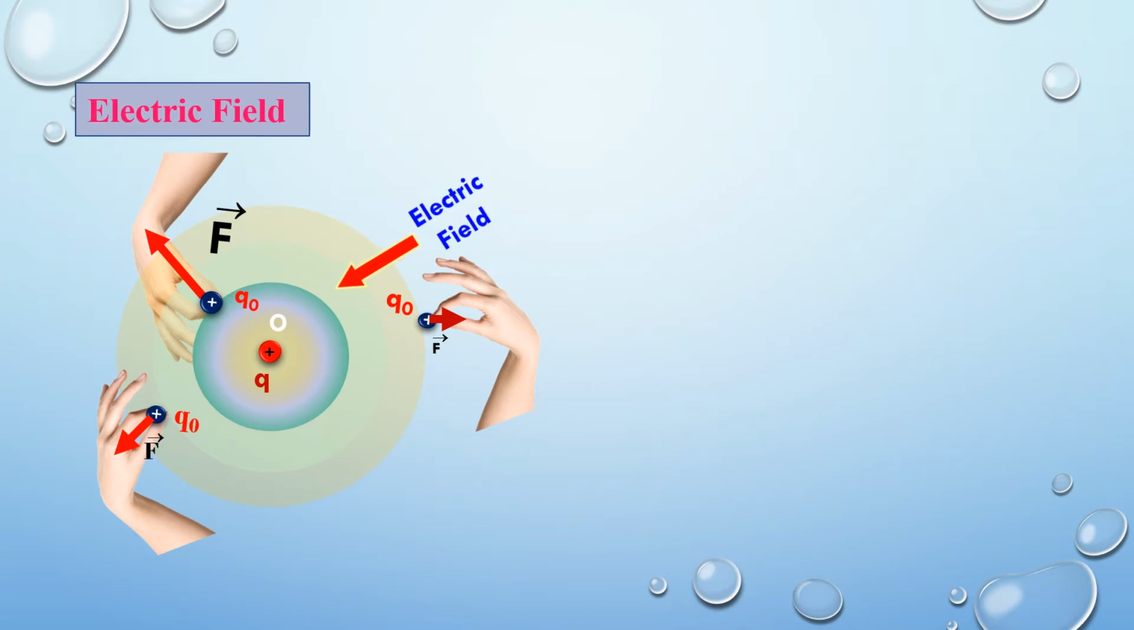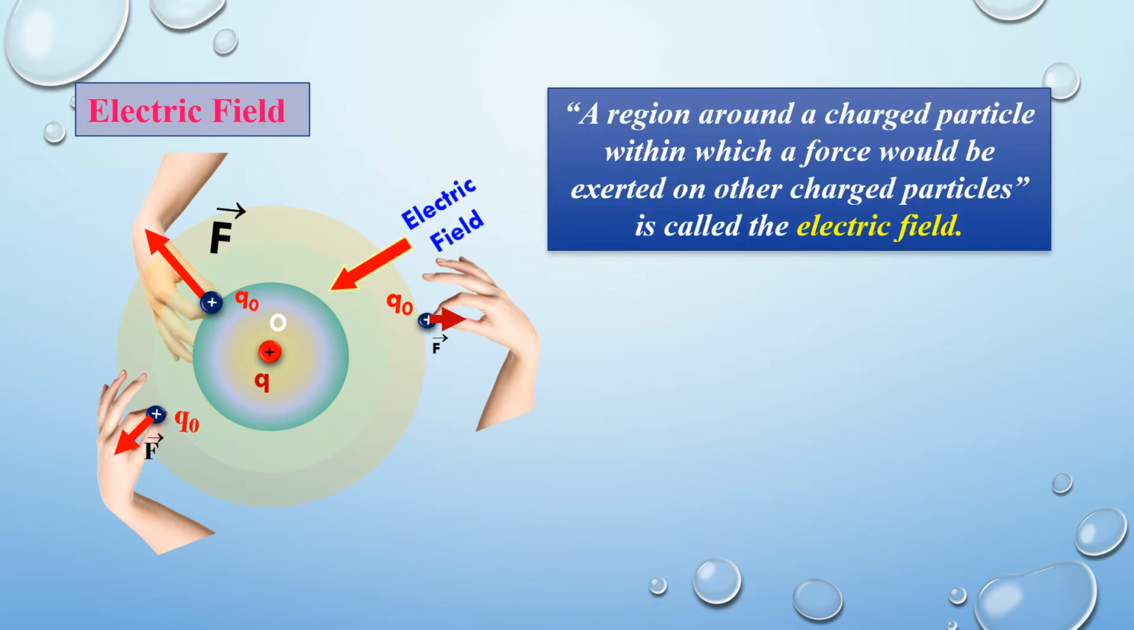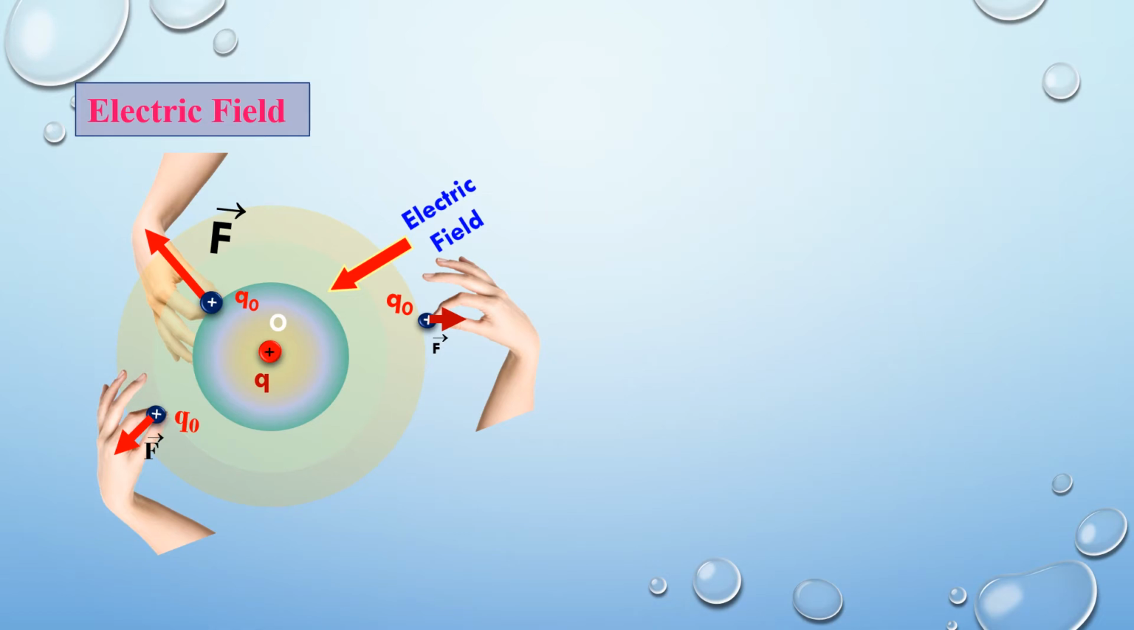Hence this charge which is stationary, placed at point O, is producing a field around it, or there is a region around the charge in which another charge would experience a force. Hence this region or the space around this charge which is placed at O is known as electric field. So we define electric field as the region around a charged particle within which a force would be exerted on other charged particles, and is known as electric field, where